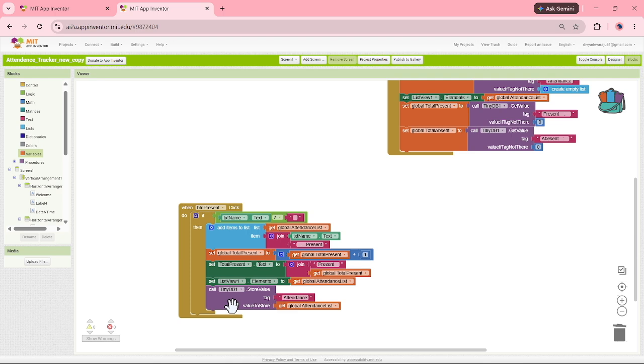we can duplicate this and do the same thing for the present. So I would be duplicating this and I would say instead of attendance I would say present, just like we added over here. I'm going to add it up here, and then instead of saying global attendance I would say total present. Okay, so